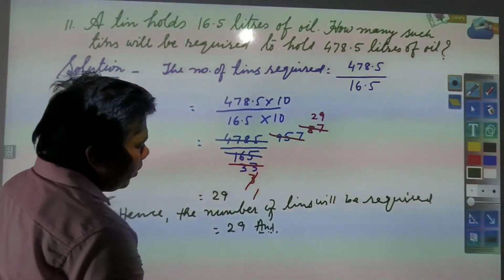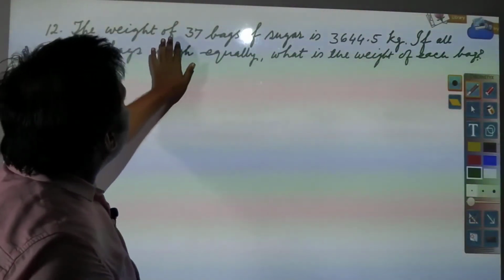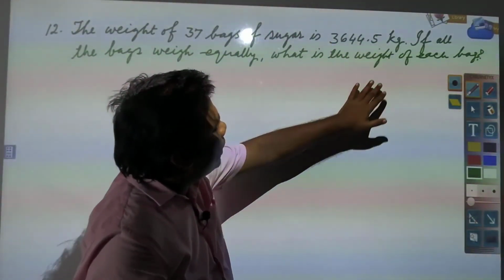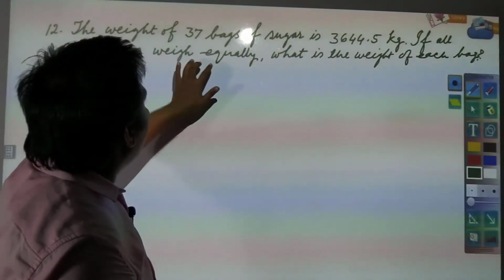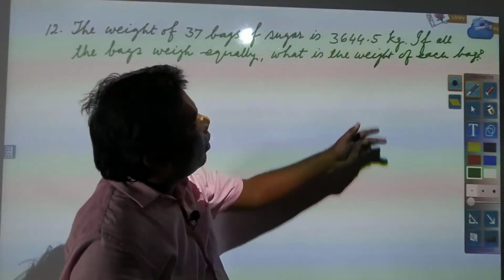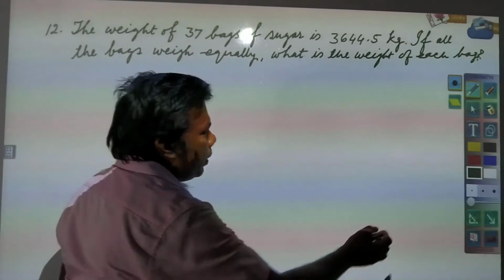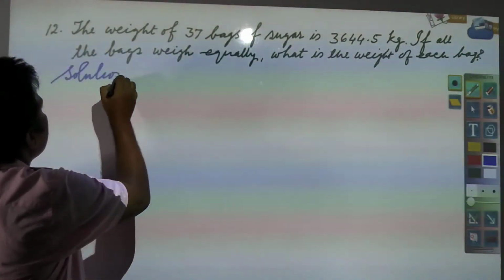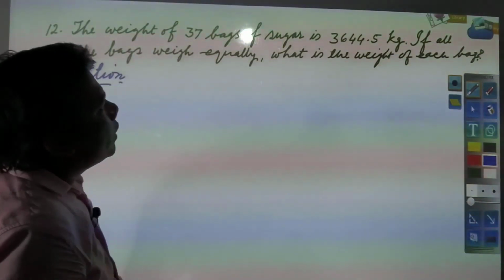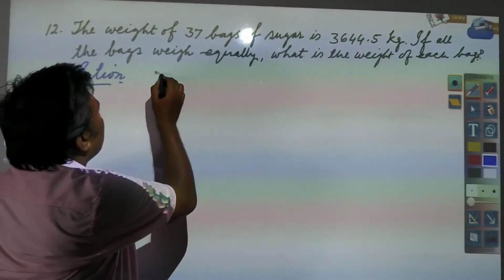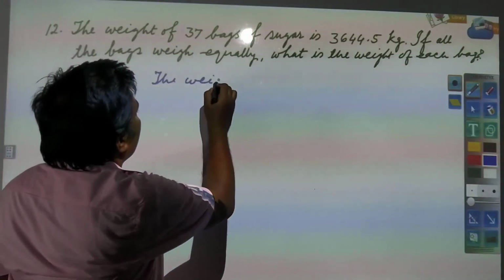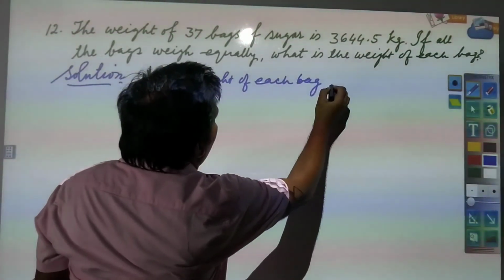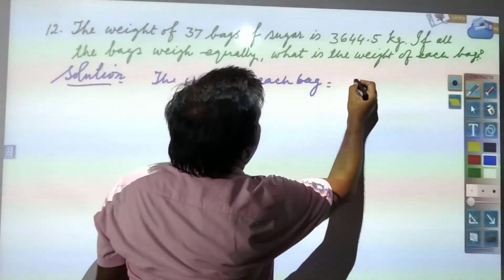Next, you see, the weight of 37 bags of sugar is 3644.5 kg. If all the bags weigh equally, what is the weight of each bag? The same rule will be required to be applied. What is the weight of each bag? The weight of each bag will be equal to, here you see,